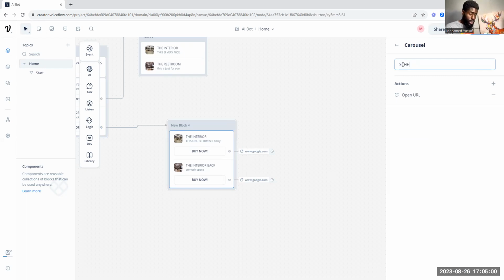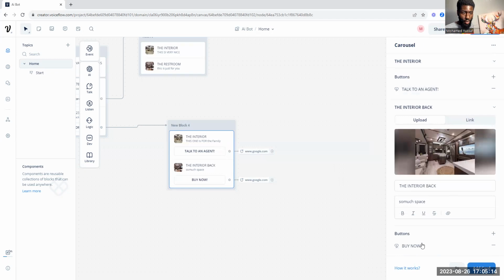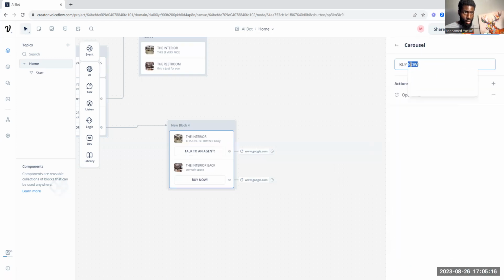schedule a showing, right? Or no, I say talk to an agent, right? Like Steve Farm, talk to an agent today, right? And then the next one will say, see in person, right? And so pretty much what it does is, like I said, the person comes